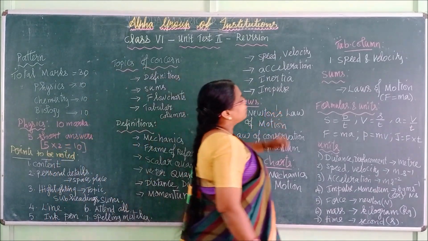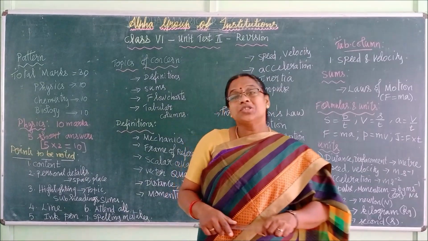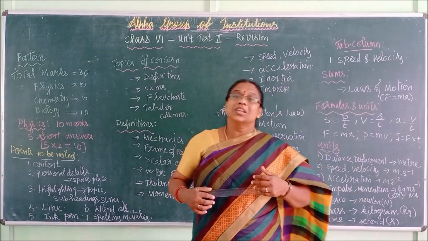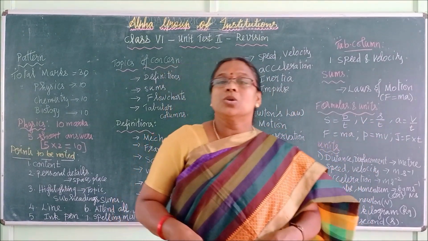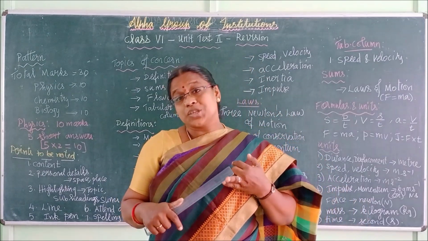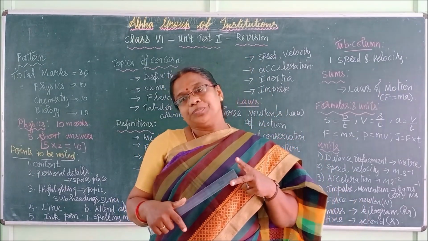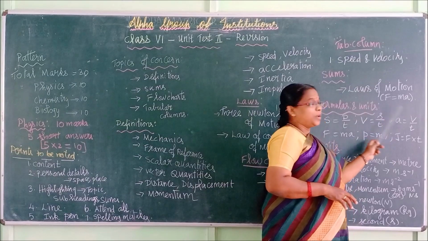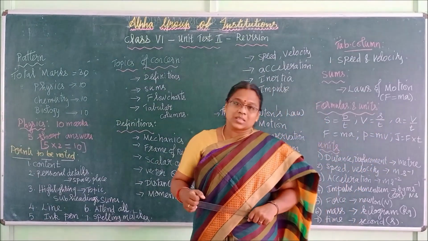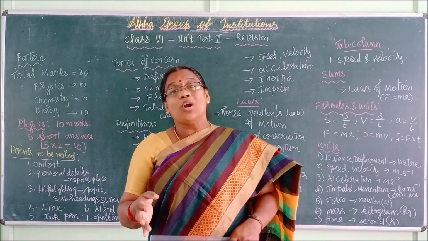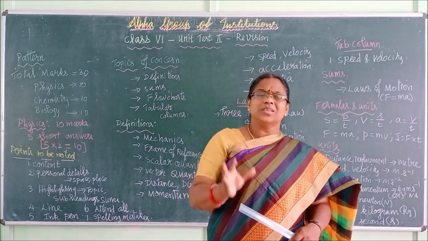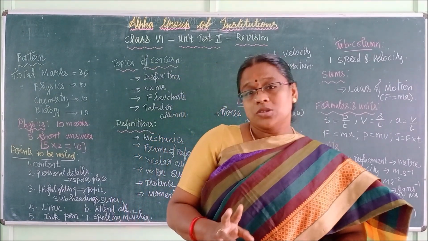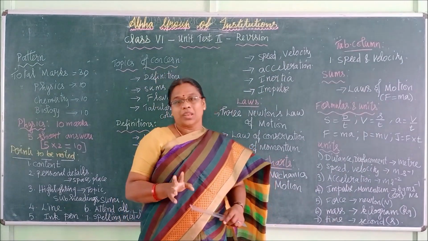Next one, we have sums. We have done 2 sums based on the model of the formula F is equal to ma. Force is equal to mass into acceleration, the law of motion. Mass will be given, acceleration will be given, force will be asked. Or of these 3 quantities, any two will be given and the third will be asked. You will get 1 simple question, so don't try to escape from the sums. Everyone must do the sum. 2 sums will be asked in the examinations.